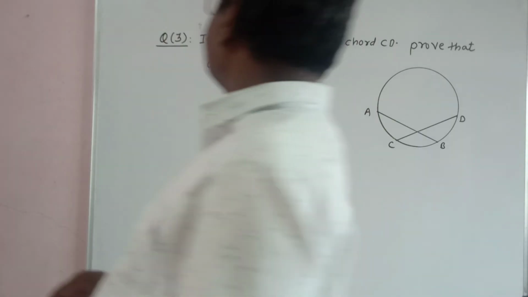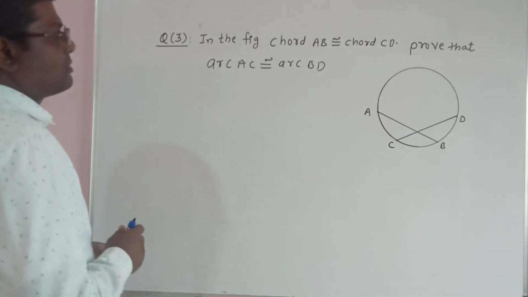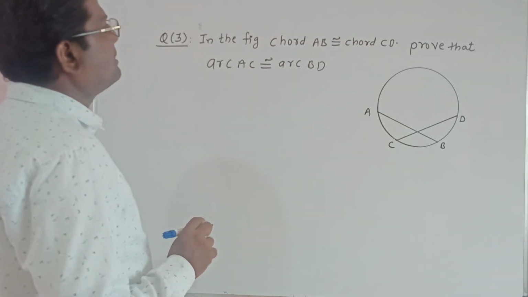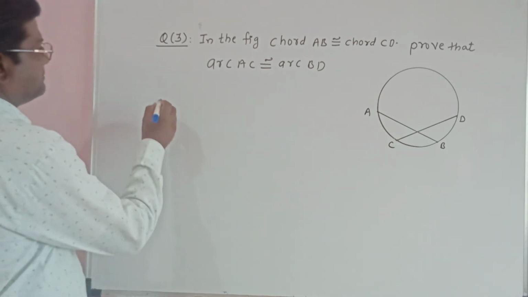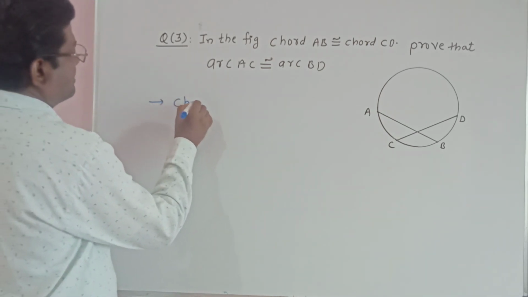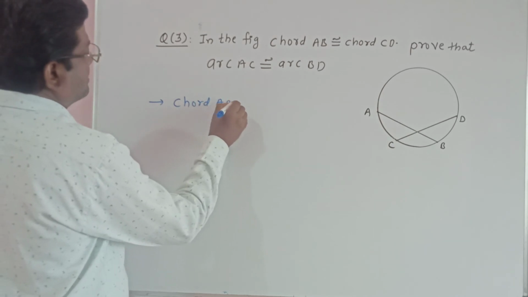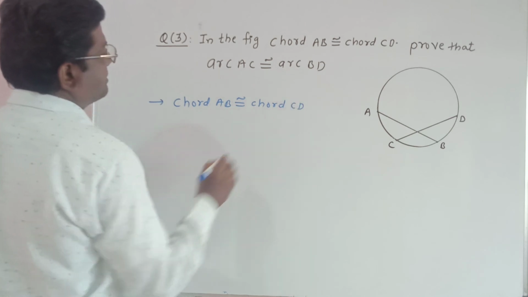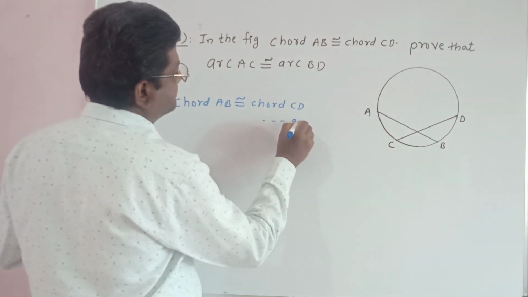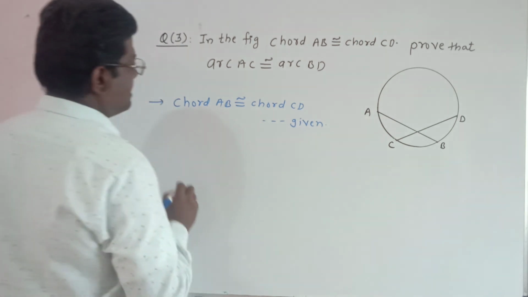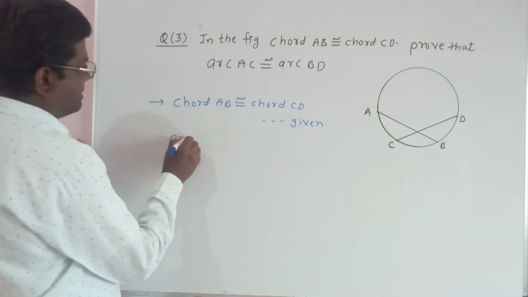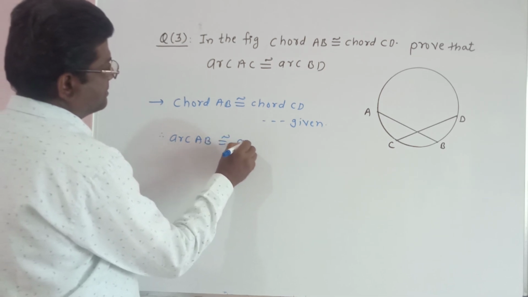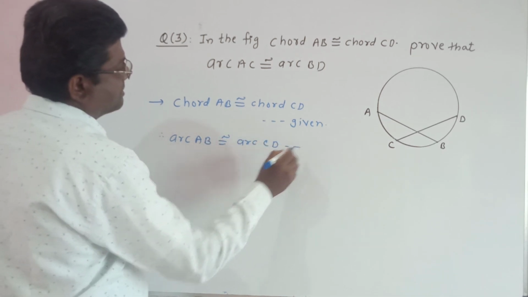Question number 3. In the figure, chord AB congruent chord CD. Prove that arc AC congruent arc BD. Now chord AB congruent chord CD. It is a given. Therefore, arc AB congruent arc CD. Reason is